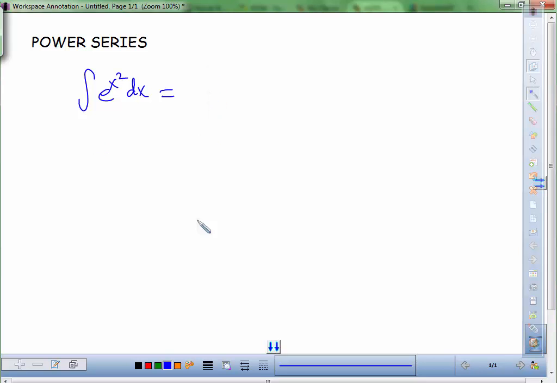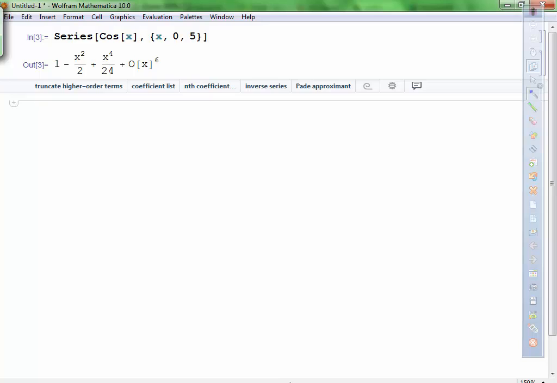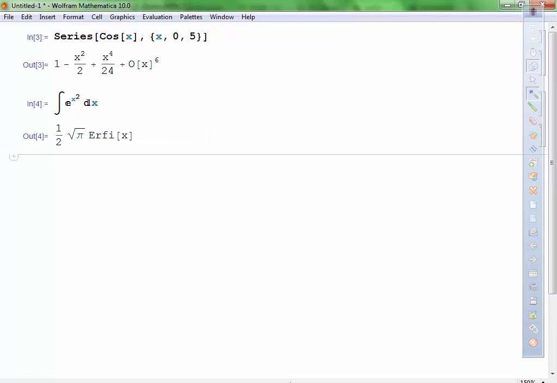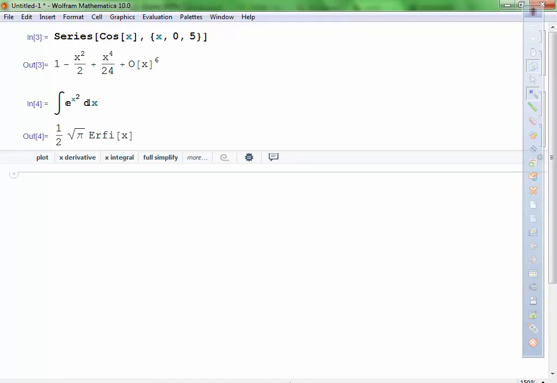So this, by the way, in Mathematica is defined to be the ERF function, error function. And if you type that in Wolfram Alpha, this is what you'll get. Oh, the square root business. This is another cool trick: you can use some tools from Calc 3 to come up with that square root of pi business. Anyways,